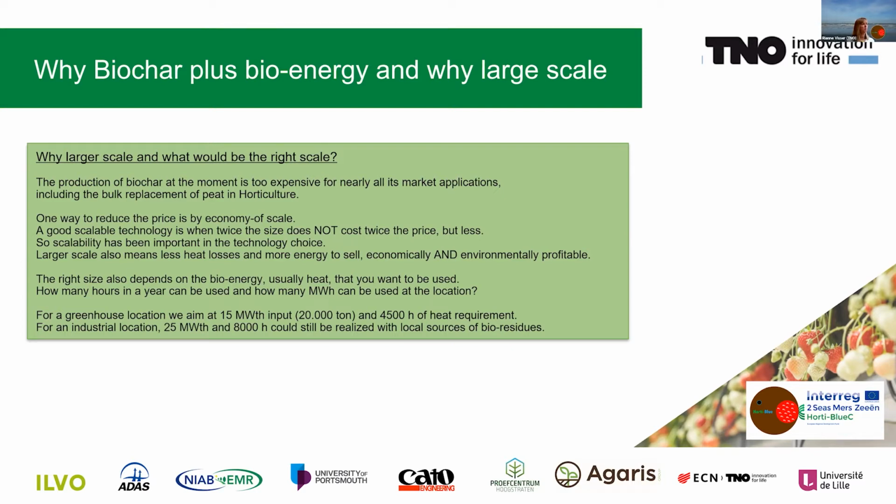The larger scale also means less heat losses and more energy to sell. So it is economically and environmentally profitable. So the right size also depends on the bioenergy, usually heat, which can be used. So how many hours in a year can it be used and how many megawatt hours can be used at